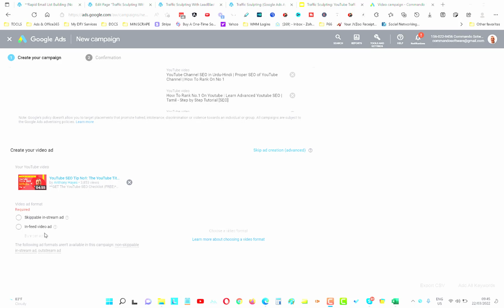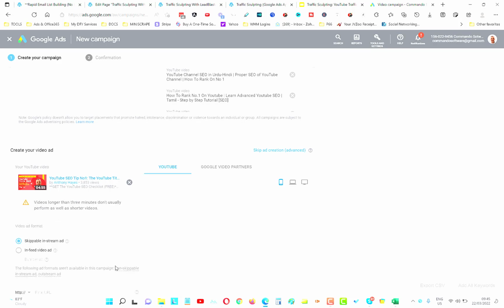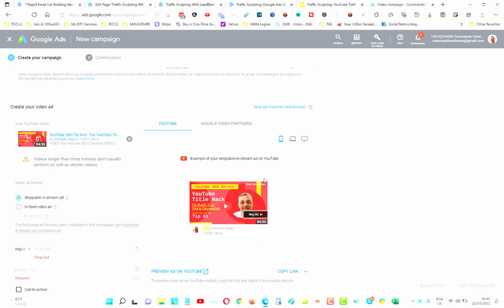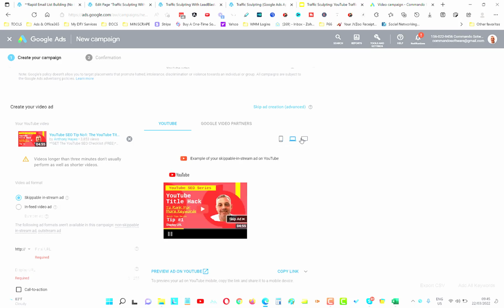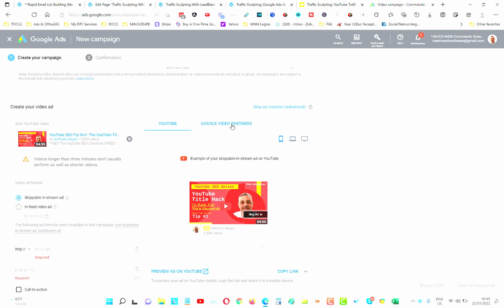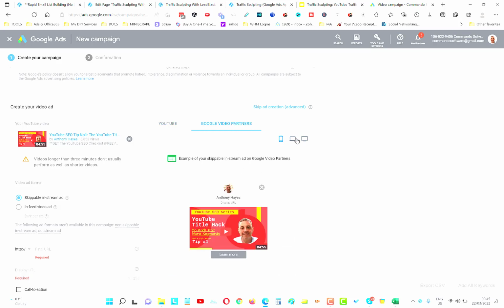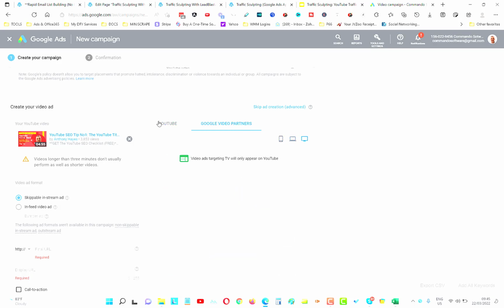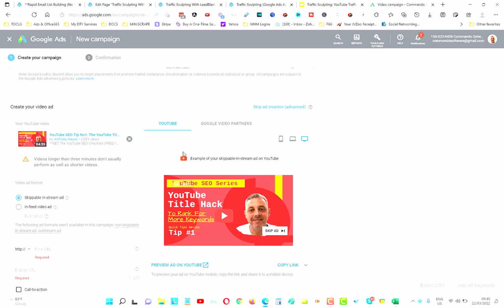Now you can see we've got some choices. We can choose an in-feed ad, or we can choose skippable in-stream. I'm going to choose skippable in-stream. Okay, and you can see what it will look like on YouTube. You can see what it looks like on mobile, on desktop, on tablet, etc. Okay, and video partners, it's going to look like this. You can see what it will look like. Okay, make sure you've got a nice thumbnail for the display network if it's going to be showing on the